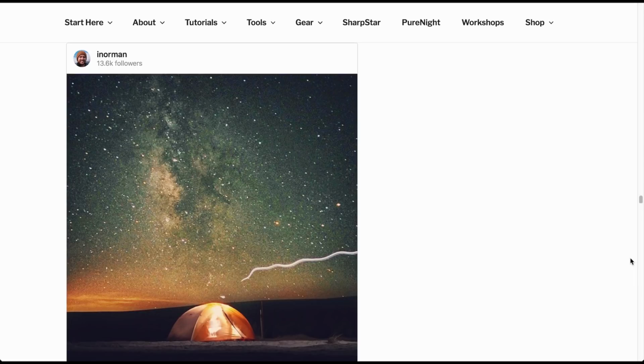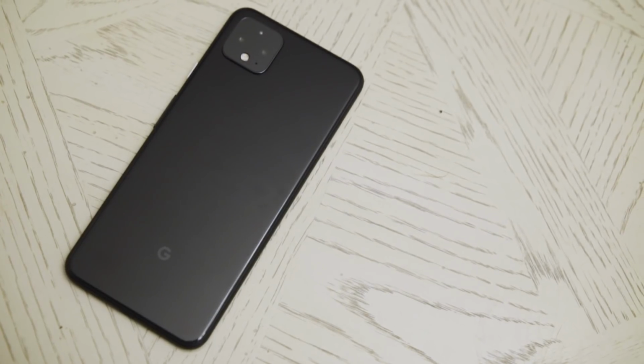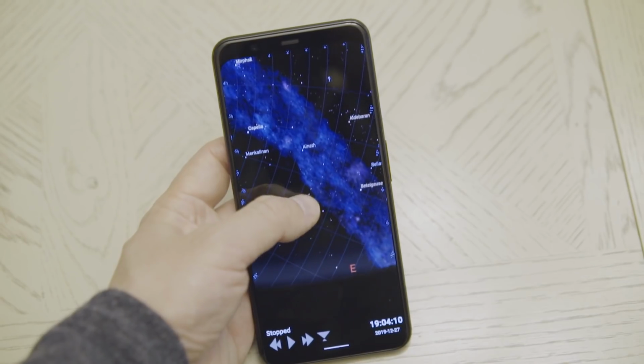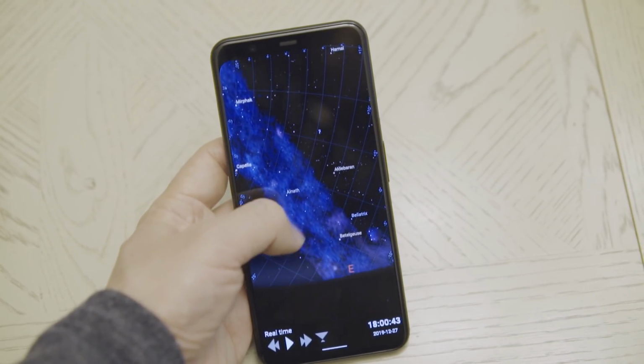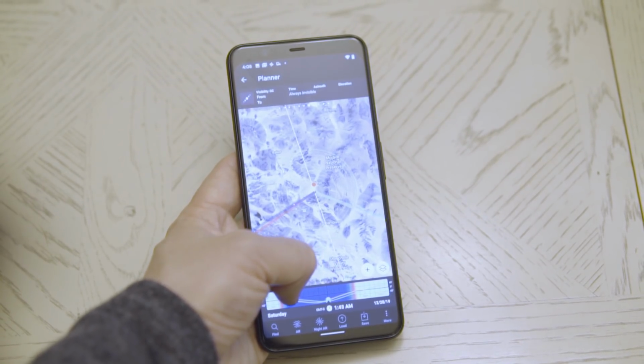So the technology was possible then, but it definitely wasn't good enough to really be a marketable feature of a smartphone. But with the new Google Pixel 4 and some updates to the Pixel 3 and 3a, the developers at Google actually think that its capability with astrophotography is good enough to market it as a feature of the phone. So let's dive right in and take a look at what I was able to get with the Google